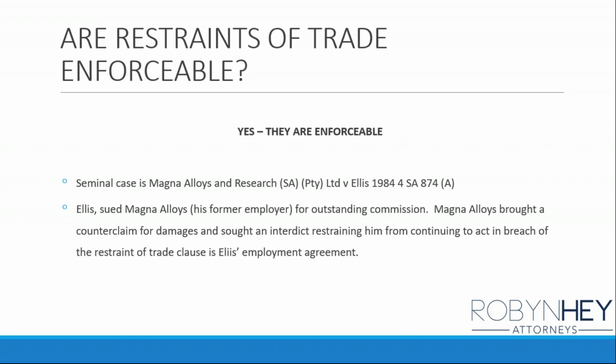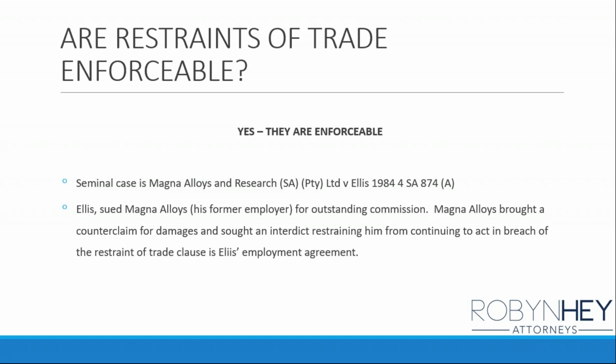The enforceability of a restraint of trade becomes complicated under two circumstances, and we're going to deal with each of these carefully. The one is where you try and draft the broadest ever in the whole world restraint of trade that prevents somebody from essentially breathing once they have left your employ. You cannot throw the net so widely that the person basically has to be unemployed for the rest of their lives. And the other side of it is that people don't act quickly.